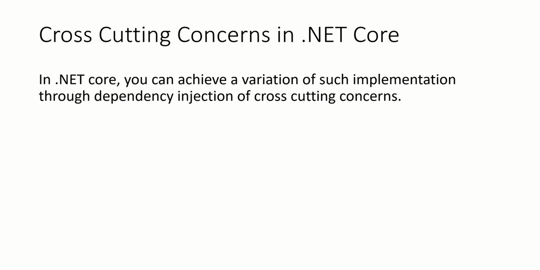There are various ways you can do that. You can write your own pipeline builder, or you can utilize one of the components that are available in the market as well. For example, Mediator. We'll put a link of that in the description so that you can explore it on your own. A word of caution: cross-cutting concerns should not be mixed with non-functional requirements. We hope to build a video which will cover the non-functional requirements and the other aspects like Mediator and dependency injection that we've covered here.